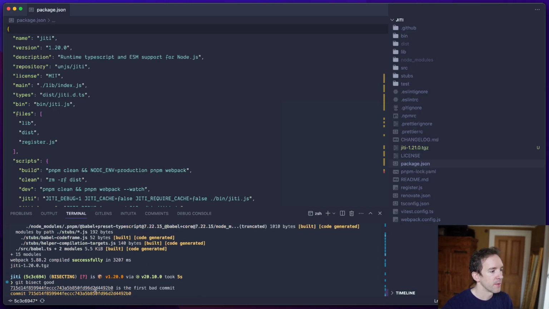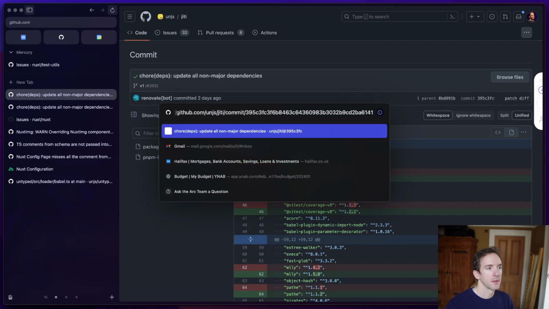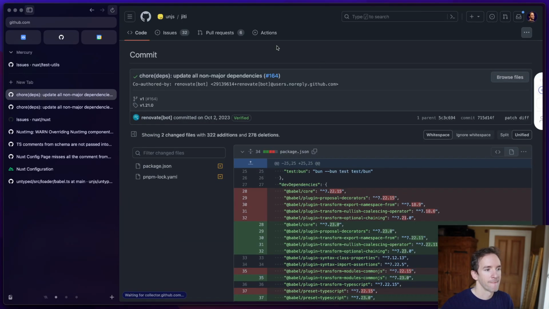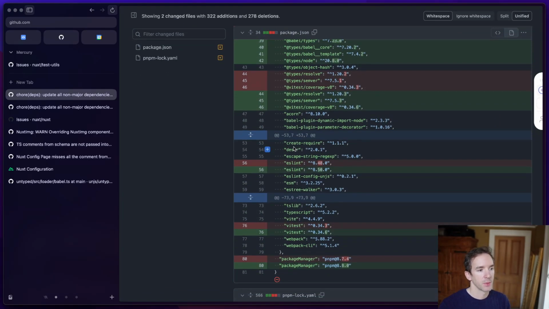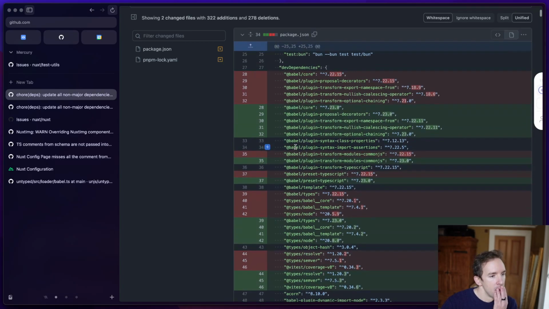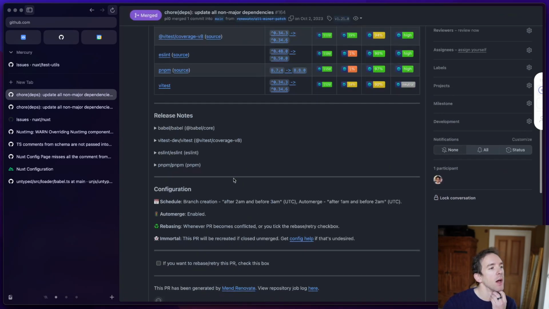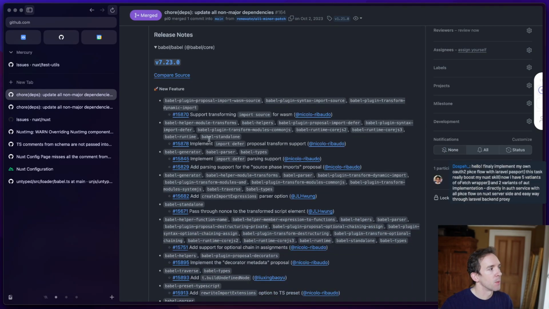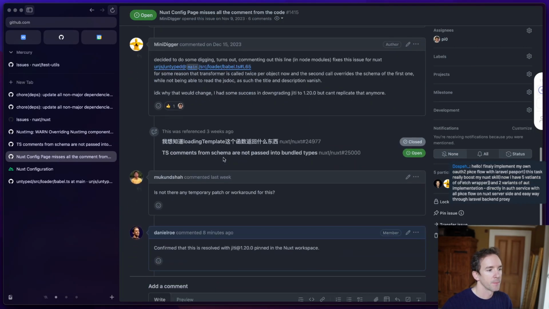Okay. So we have the bad commit in Jiti. So basically that is this commit, and it updated Babel, which I guess was what it was. So between 7.22 and, well, we'll actually have a little look at the Renovate changelog. So I think it was astify that we're calling. This says we are calling